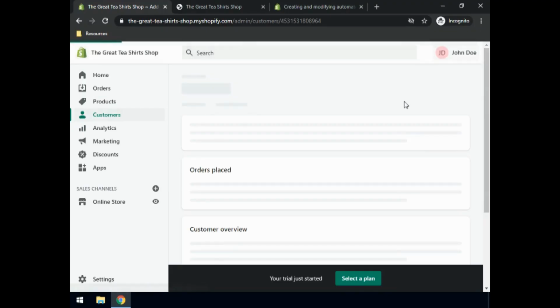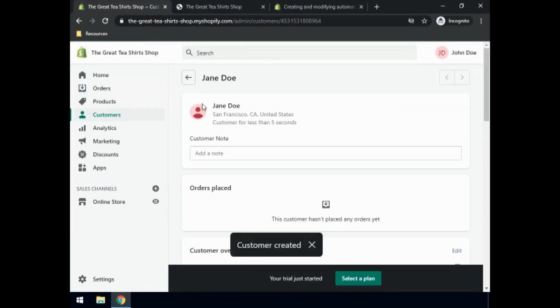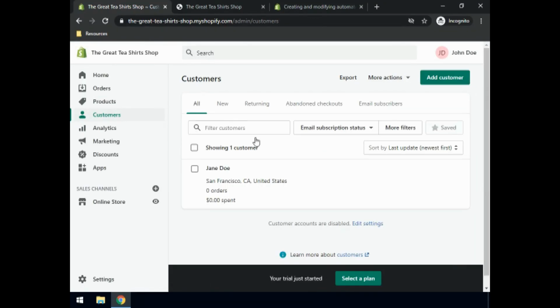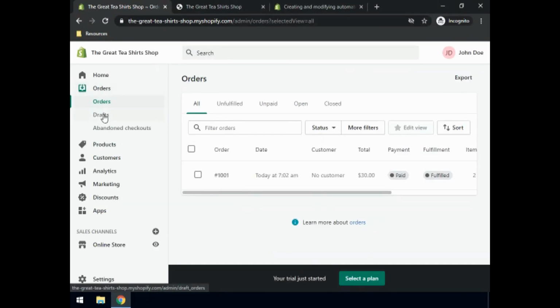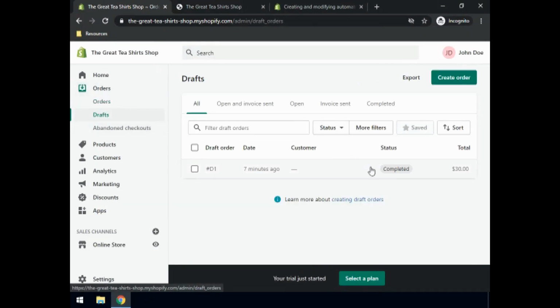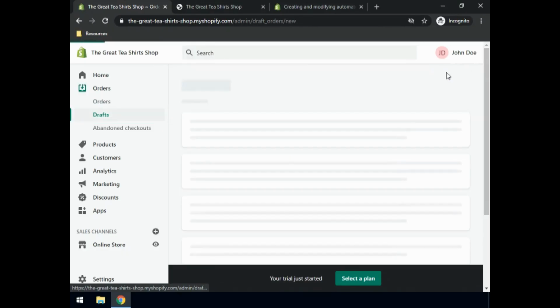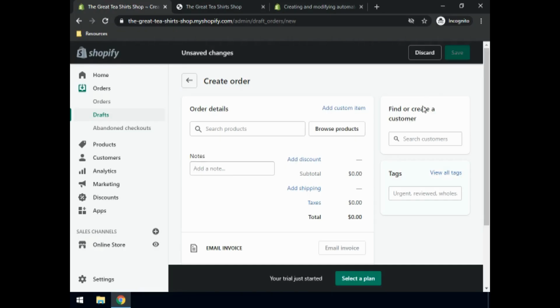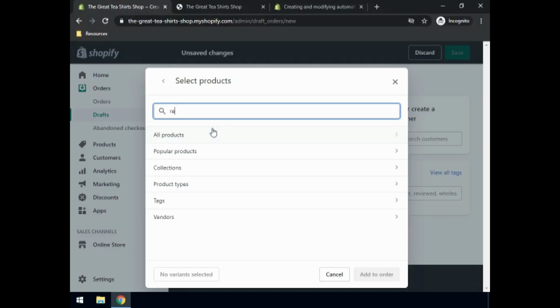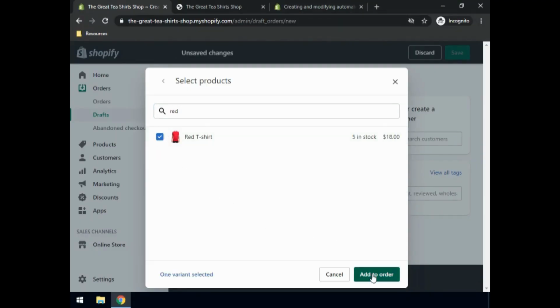Now that we have saved our first customer, Mrs. Jane Doe will be displayed in our customers list. Under orders, when you create a draft and you add a manual order, so create an order, this time around you'll be able to add it for the customer right away because you do have now the customer added to your database. So let's say that you have an order for one red t-shirt, create one, add to order,